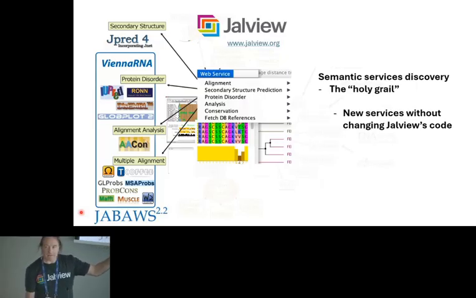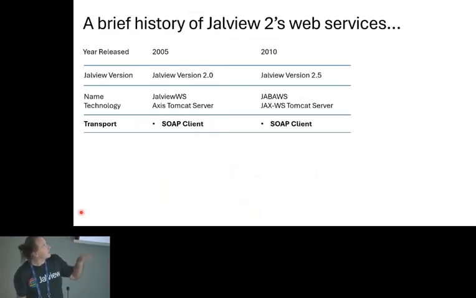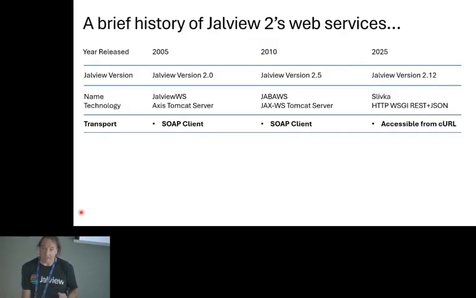In fact, some of you will remember semantic service discovery was the thing everybody was trying to do. And maybe we'll get there. So I developed the first version of JalView's web services in 2005. That's still running. This thing, Jabbers, we released in 2010, both SOAP clients. And finally, we will release, or we have released Slivka, and JalView version 2.12 will be running this. So this is a Python stack. You can drive it with curl. You don't need anything special anymore, because the SOAP client was a pain in the proverbial, if you excuse my